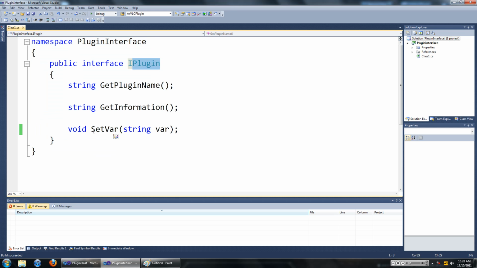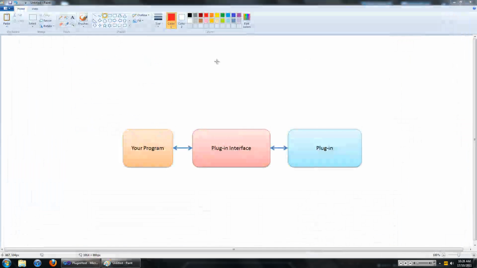And if you've been following along with the tutorial, I've made a slight spelling correction. I spelled Zephyr wrong for some reason, and I've corrected that. So yep, we don't need that. In this tutorial, we're gonna work on your program. So how you're gonna load it up and how you're gonna use it in your program.